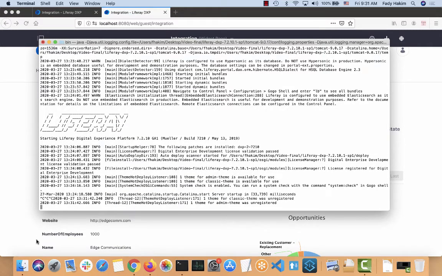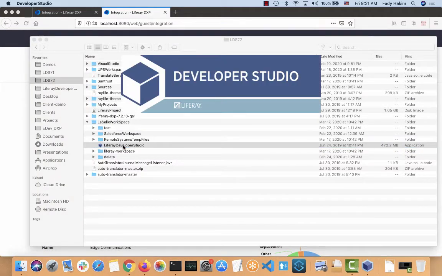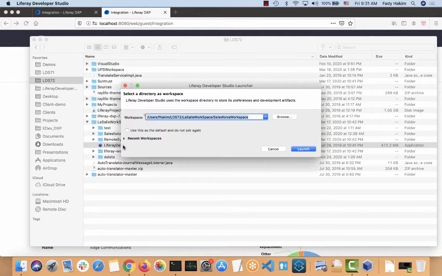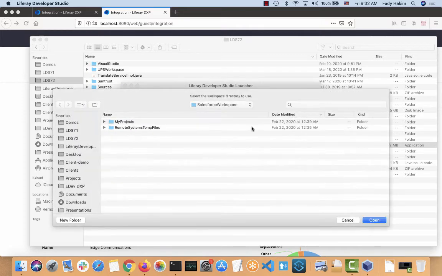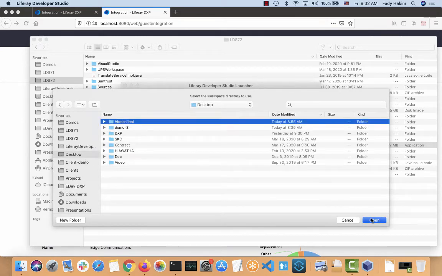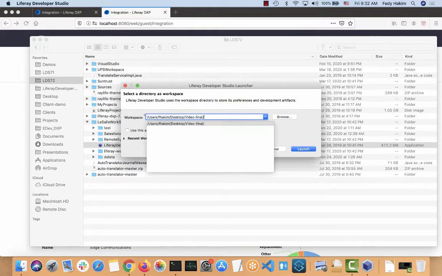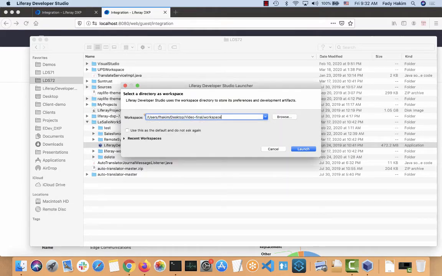All right, and now I'm going to my Eclipse environment. So I'm just going to open my Liferay Developer Studio. And the first thing it's going to ask you is where you want to add your workspace. So you can decide anywhere you want. For me, I have a folder here inside my desktop. I'm going to add it there. Maybe I'm going to name it Workspace Demo, right? So I'm going to launch this,